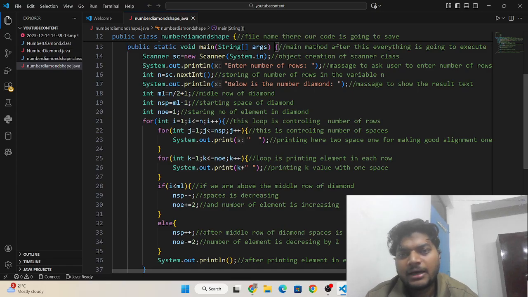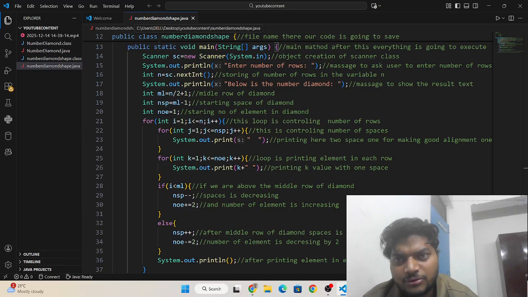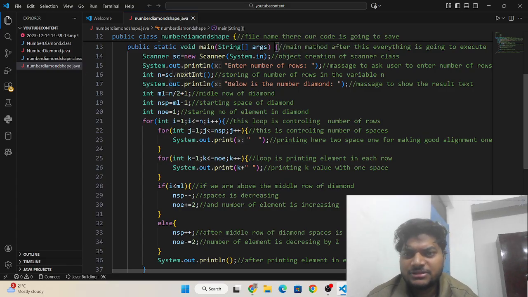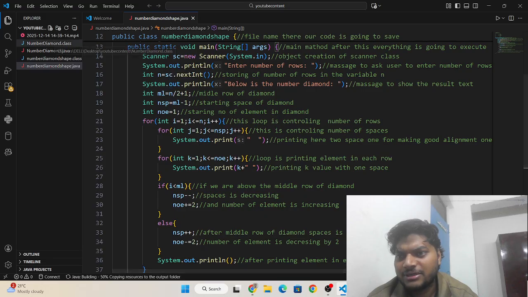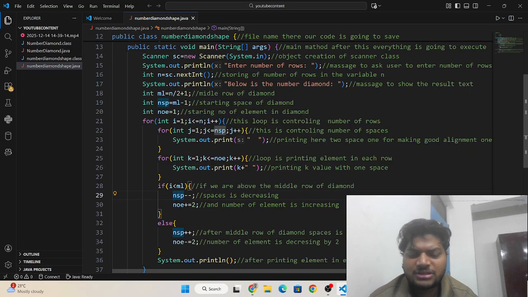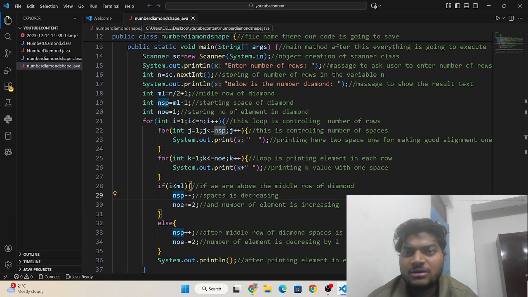Okay, and here you have to write the file name NumberDiamondShape.java. This is a unique name. I have already practiced these things with NumberDiamond in another file, so that's why the error was coming, but you have to write a unique name.